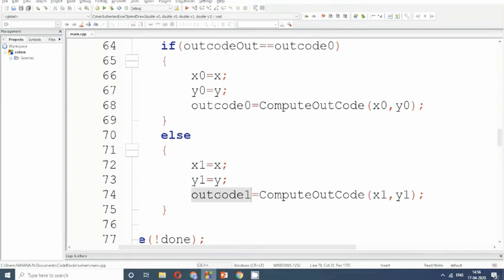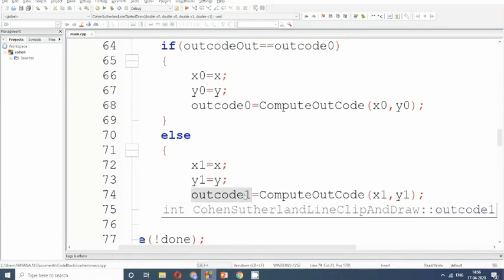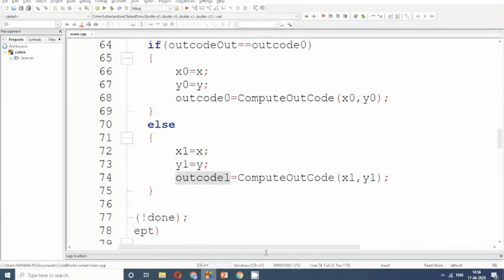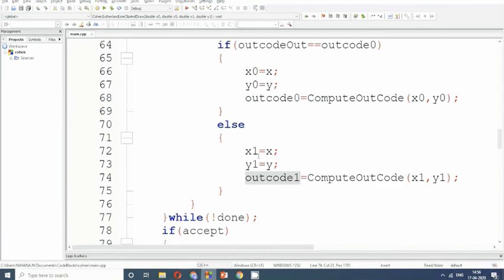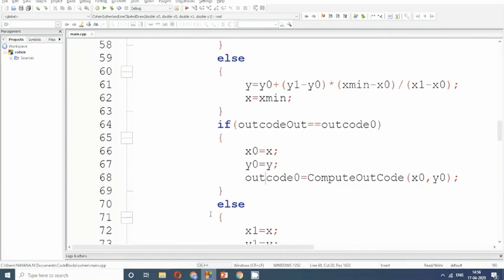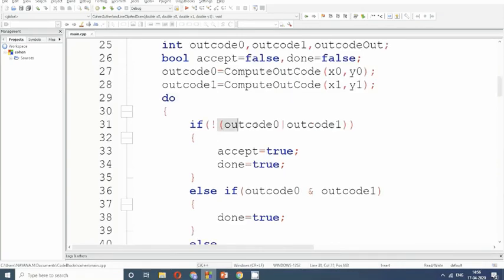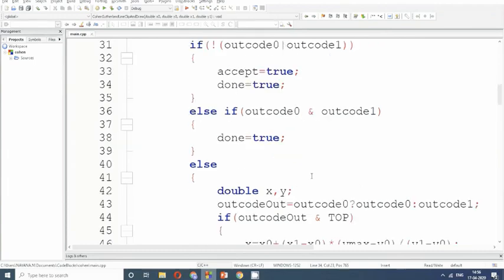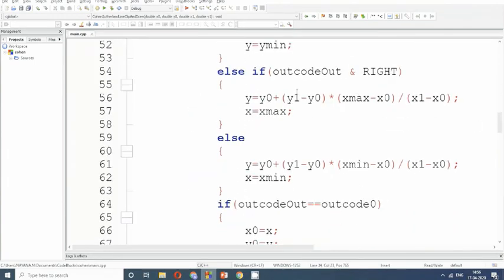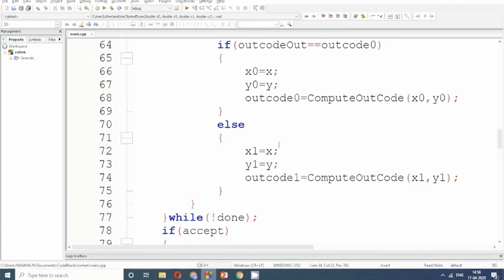So here if I have updated x1, y1, I'll update my code 1 and then I'll repeat it. What will I do after updating my code 0 or code 1? I will see if it is not done. If it's not done, I'll go back and compute my outcodes.